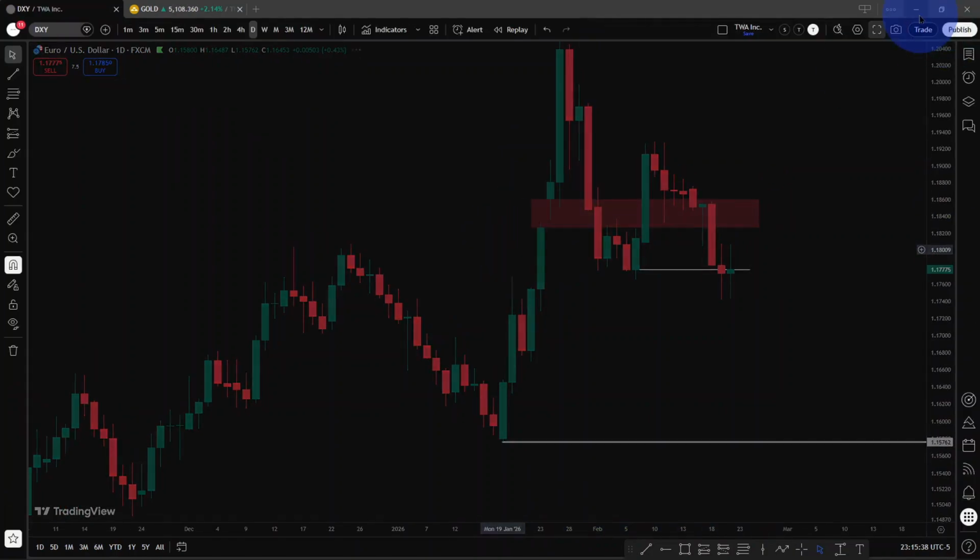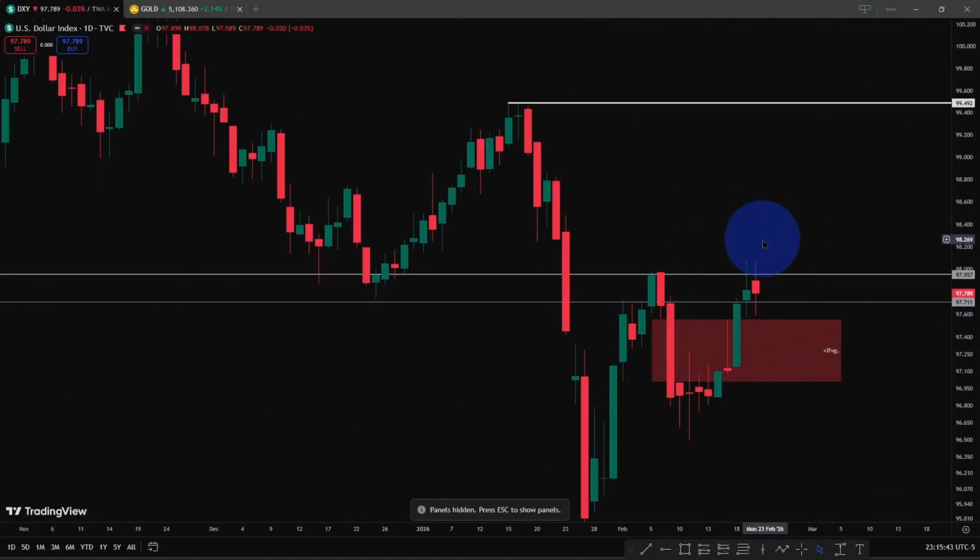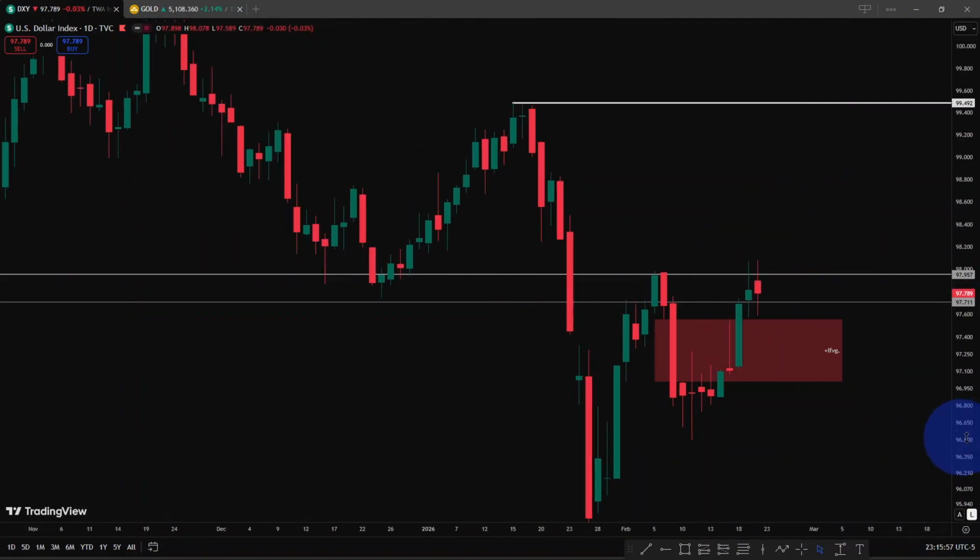So if you look at dollar index here, you'd see that while we have a bullish market structure shift, it's not the change in the state of delivery, because the change in the state of delivery is this kind of closing through this level, and that validates bias. It says the daily time frame now aligns with the weekly bias, and our weekly bias is bullish, but it's not completely aligned with the daily time frame. In terms of market structure, we can see a bullish market structure forming on dollar index, but there is still potential